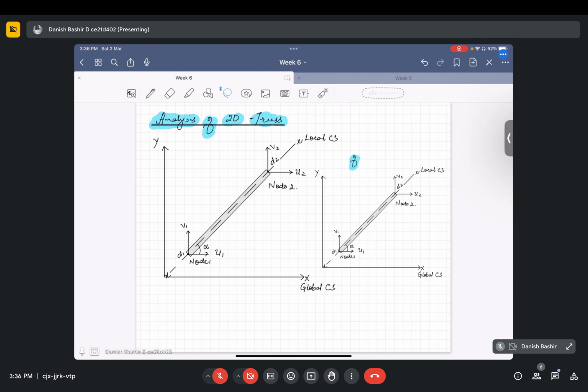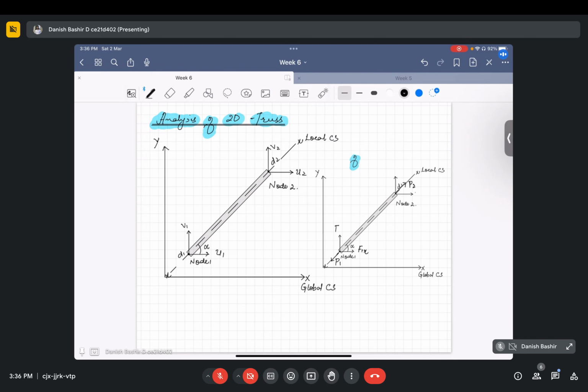So let us see this. There will be forces acting on node 1 in its local coordinate system. Let the member force be P1 and P2. This is the member force that is acting, P1 and P2, the internal forces. That can be split into the global coordinates in the components to be F1 acting on